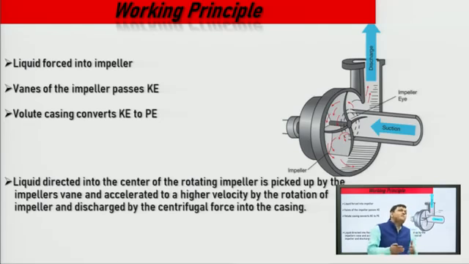Major loss is due to friction all the time. In the ideal situation there is no friction loss, but in the real situation there is always friction loss. Friction loss is calculated by the Darcy-Weisbach equation. Many other minor losses are there: if fluid is flowing in a pipe, sudden contraction, sudden bending, expansion, and valve losses occur. So how does the conversion happen in this graph? The liquid is lifted, the impeller's centrifugal action takes place, and it discharges to the delivery head.